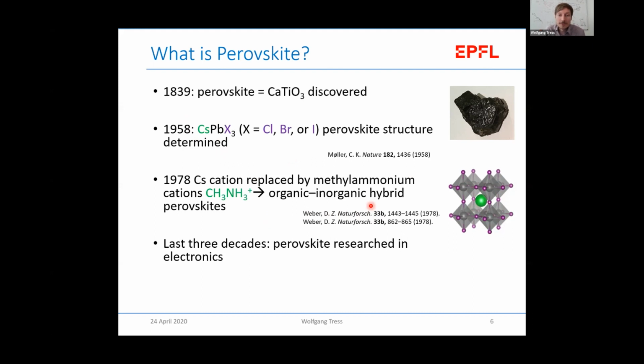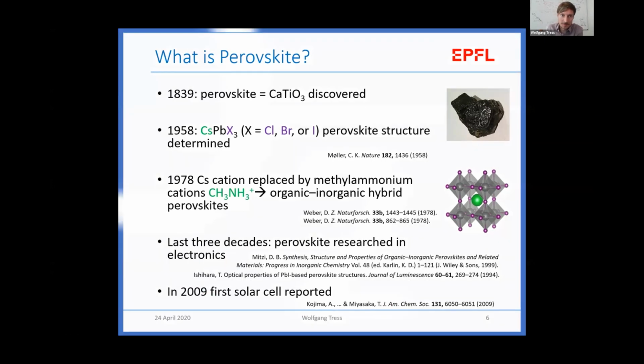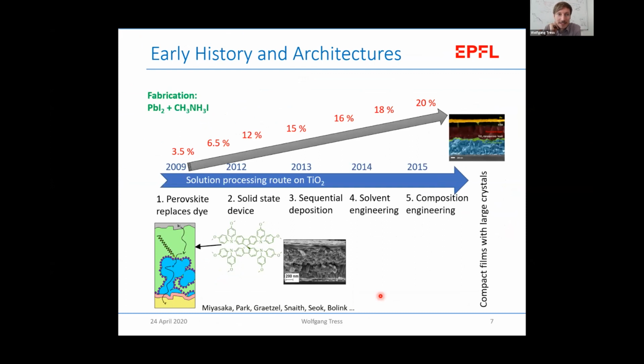And these materials are not as novel as they are in the solar cell field, but they have been already investigated as semiconductors in electronics, for example, by David Mitzi already quite some time ago. And then it took until 2009 until the first solar cell was reported by Miyasaka's group. And if we then very briefly look into this time scale of the early history of the solar cell until we could reach around 20% efficiency, so from 2009 to 2015-16,